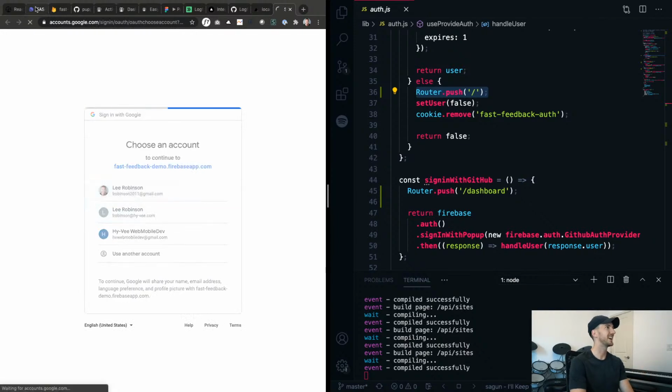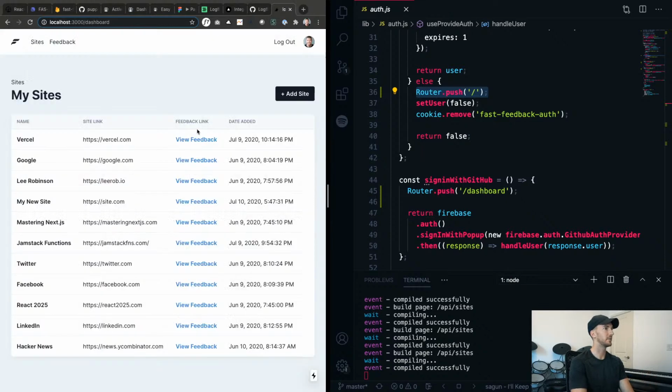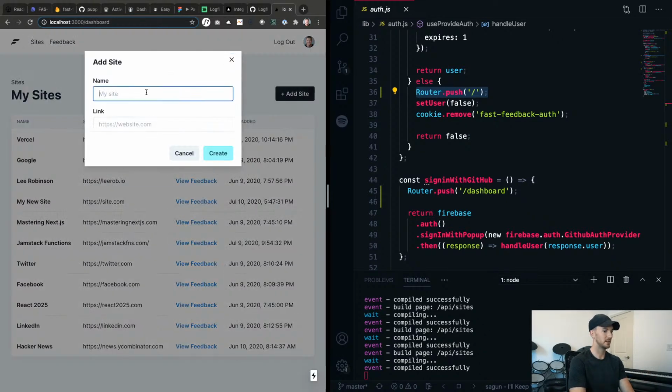The next thing that I wanted to look at was, when creating feedback, we want to use our own ID, or at least use the ID from Firebase instead of not providing anything and getting an undefined value back. So what does that look like? If I create a brand new site,